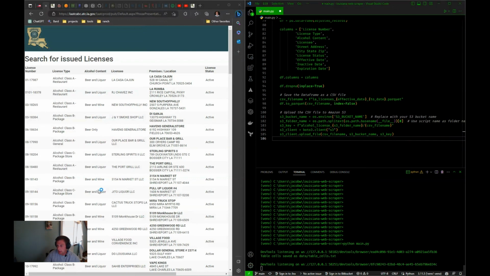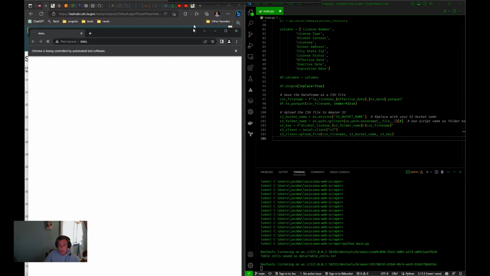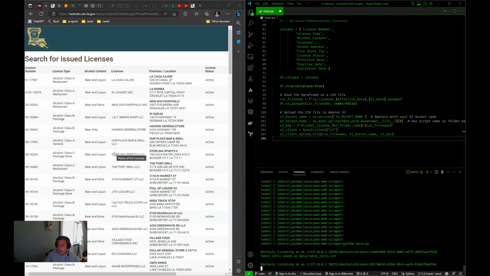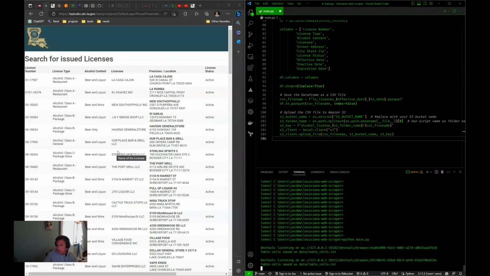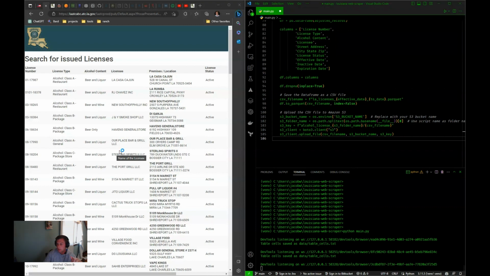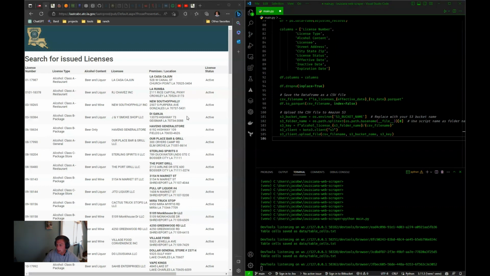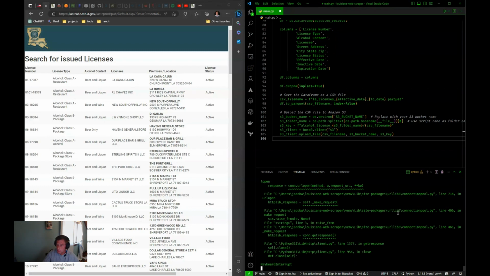Right here, it downloaded the data and then it uploaded to S3. Okay, so it's already moving on to the next month. So enter in the data, hit search, and then it downloaded the HTML content. So the good thing with Selenium is that it really does mimic how a user would use this tool. They actually use Selenium for web testing originally, but here we're just using it to scrape data from the internet. Go ahead and kill this, and then let's go ahead and verify that it's uploading to S3. Okay, and